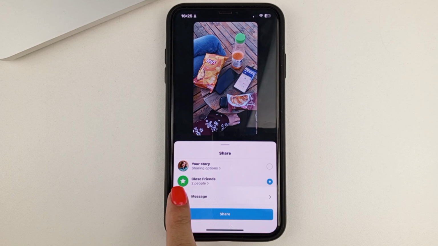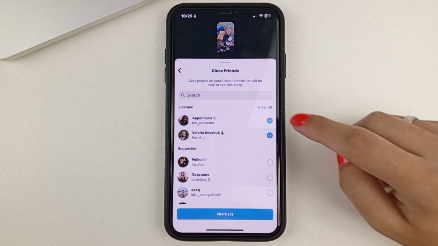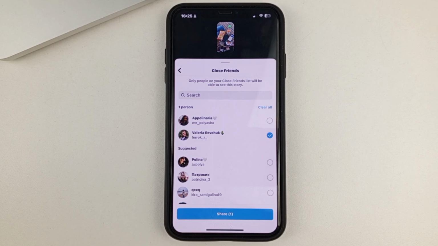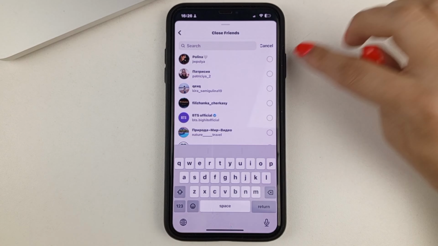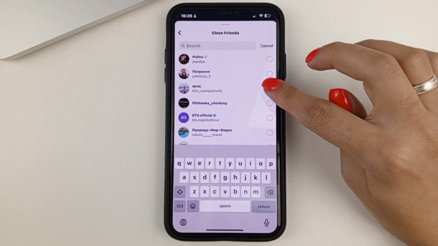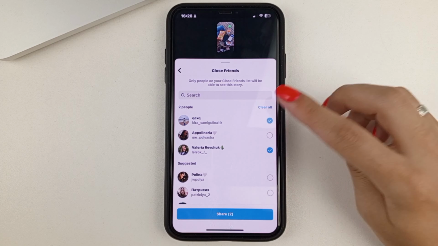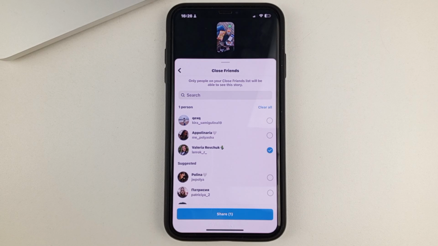Next, click here where your favorite friends are. And this is where you will need to keep only one person on the list. Or you can remove all but one person from your best friends list. Or you can just type, for example, the person's name into the search box and check them off. That way, you will only have one person left to view it. Next, click Save.